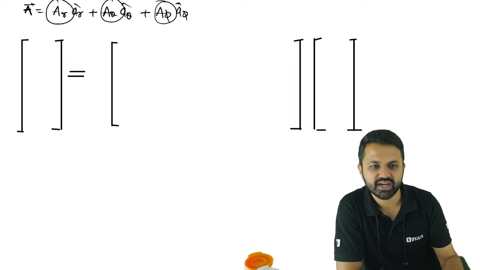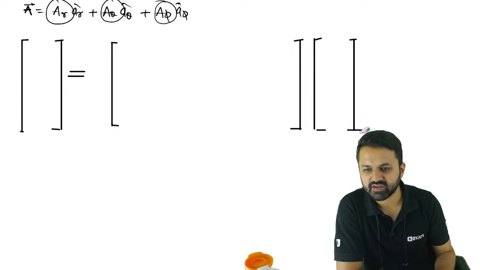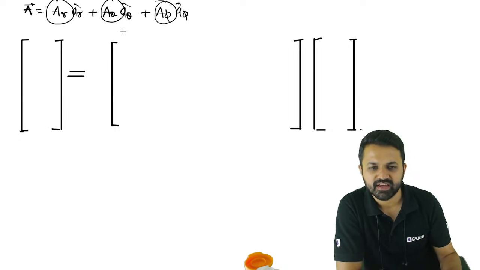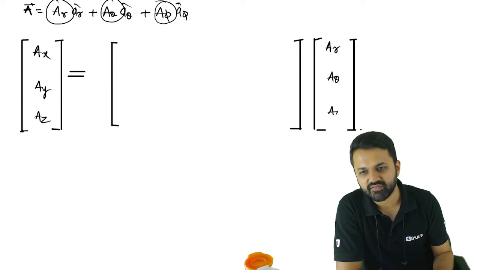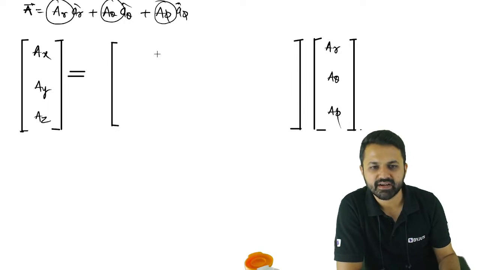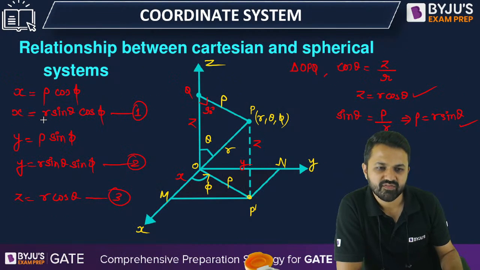Okay, how will you write the vector or coefficients in the matrix in this particular case? So again, you have to use the same. Here you will write ax, ay and az, which you have to calculate. And we have ar, a theta and a phi, these three I have. Now what do I have to write here? We want to write the values